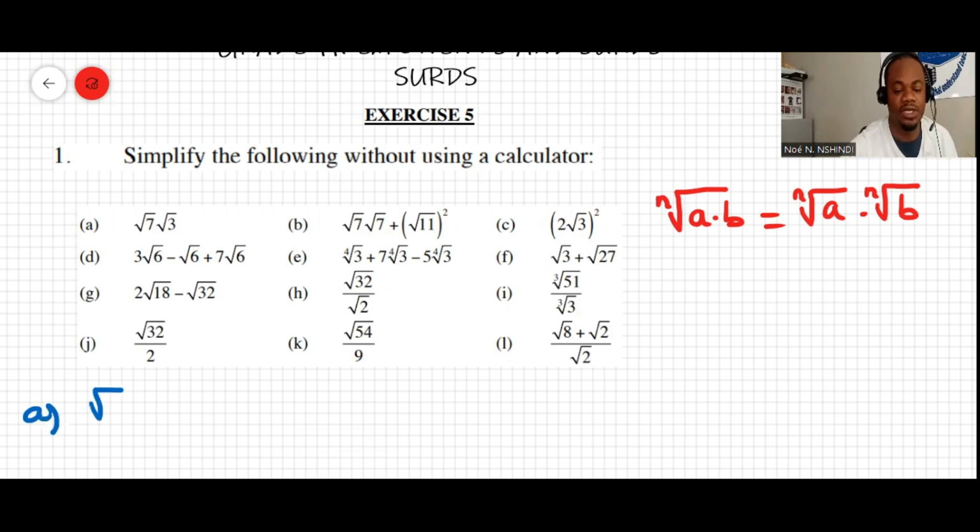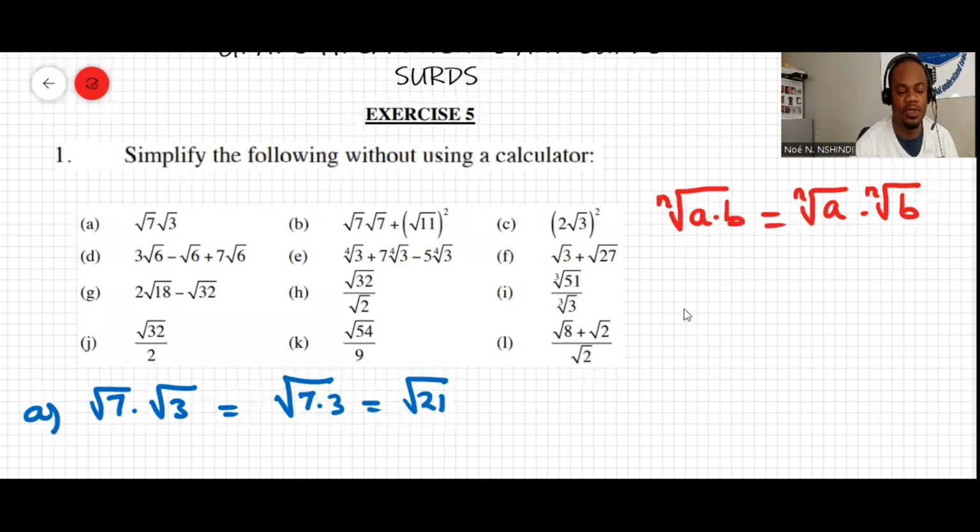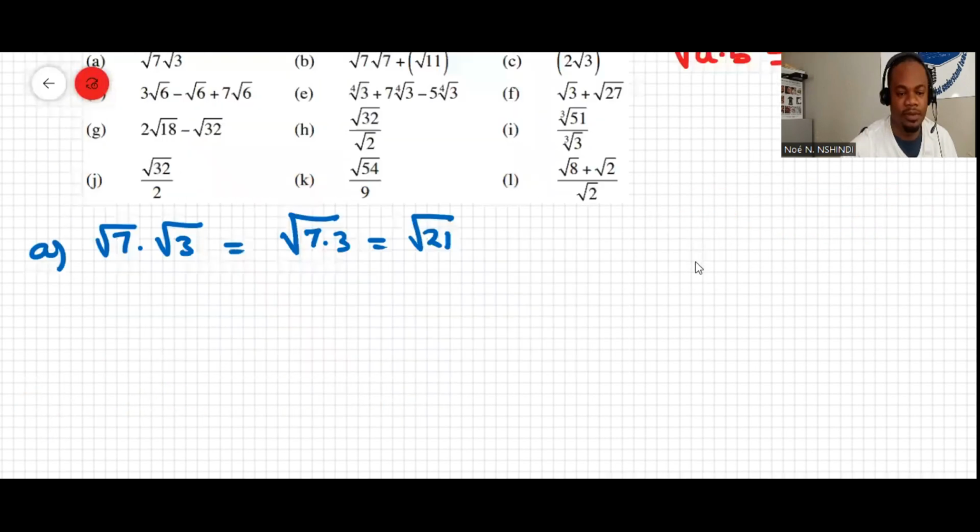right here, we have square root of 7 multiplied by square root of 3. This is like square root of 7 multiplied by 3. This is equal to square root of 21. Okay, let's move a little bit up there. And then b